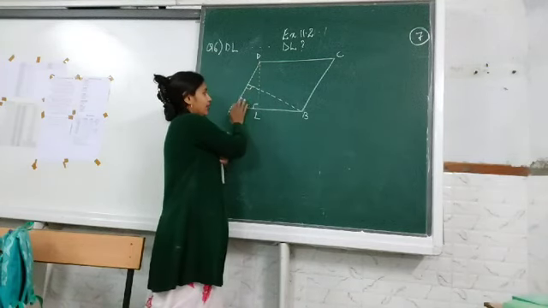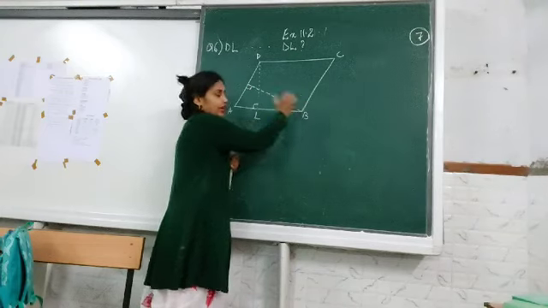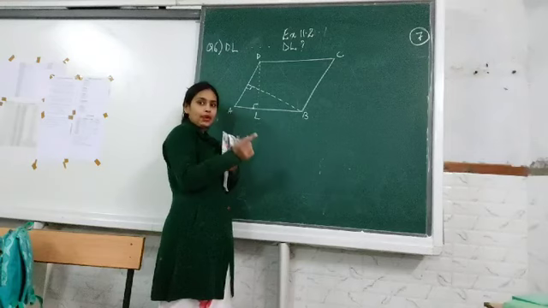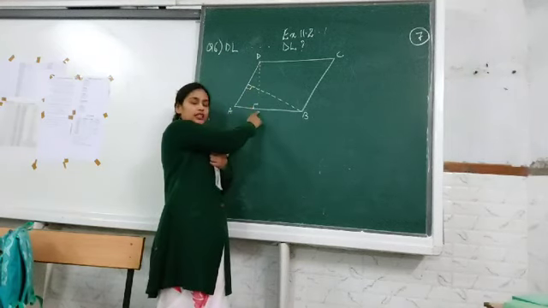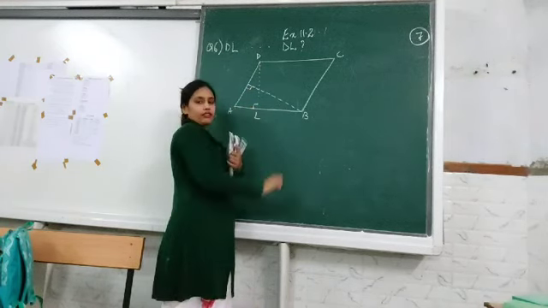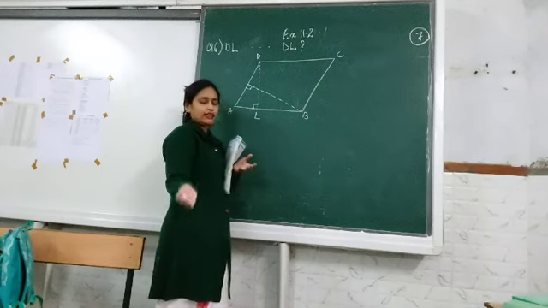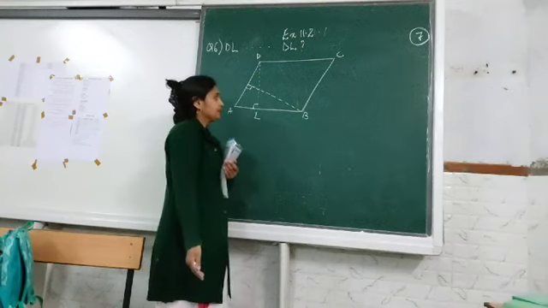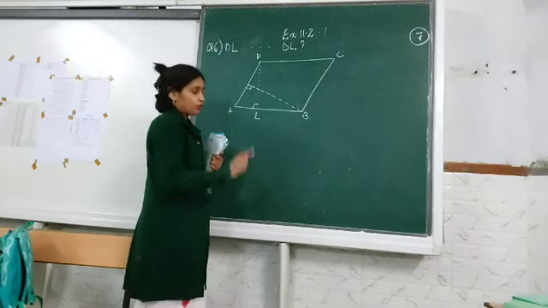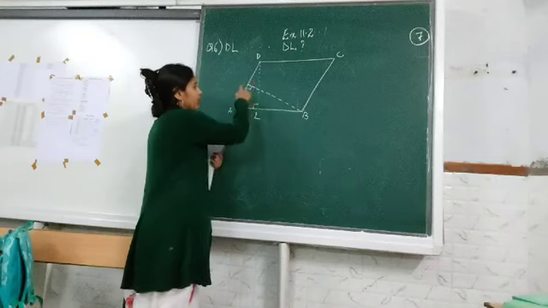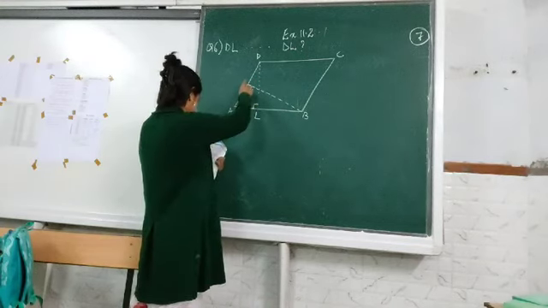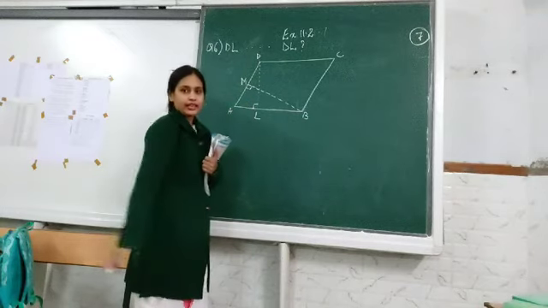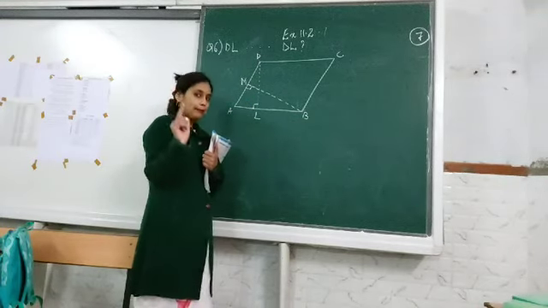You cut this part and you join it here. It becomes a rectangle where the area becomes length into breadth. The length is given by this height, correct? And the breadth is given by the base. Or you can take anything. Length can be this base and breadth can be the height. Okay? Also, coming back to this diagram, if BM is the height on the side AD, then AD becomes the base.